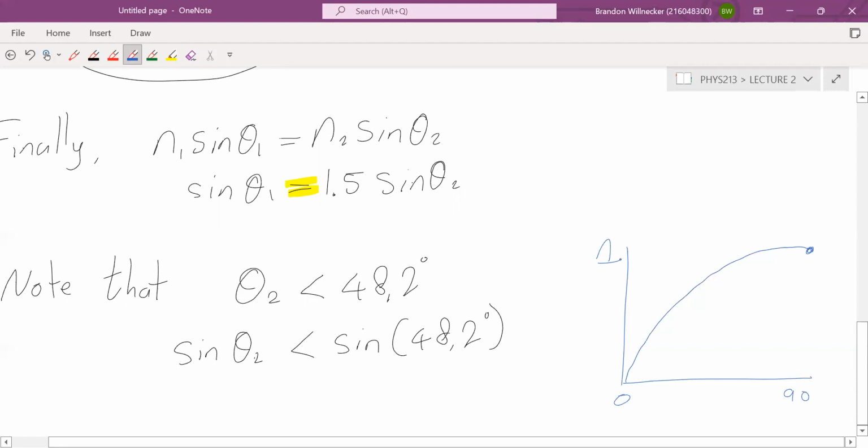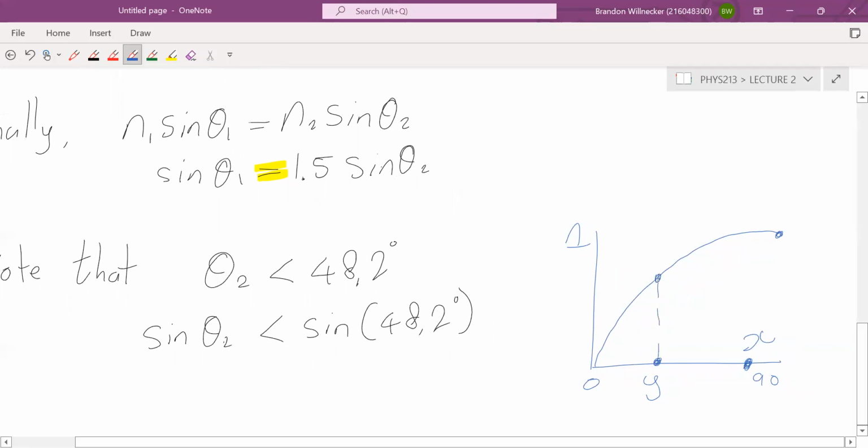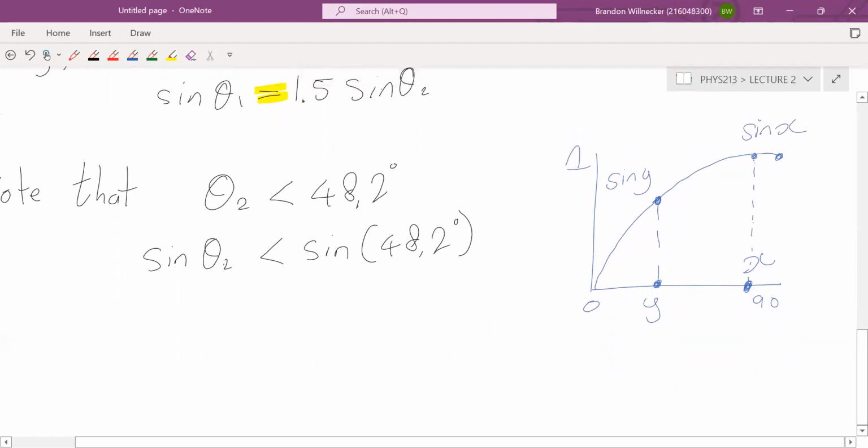So if, let's say this point here is x, and this point here, let's call that y. If y is less than x, in other words, it's on the left-hand side, if we look over here at this point being the sine of y, and we look at this point up here, this point being the sine of x, then if y is less than x,